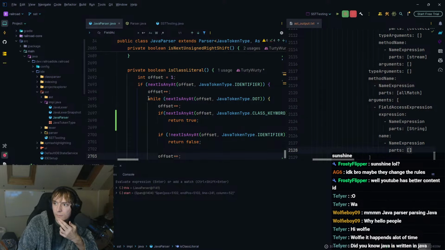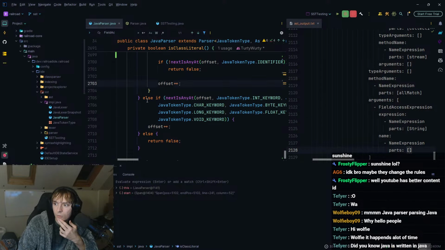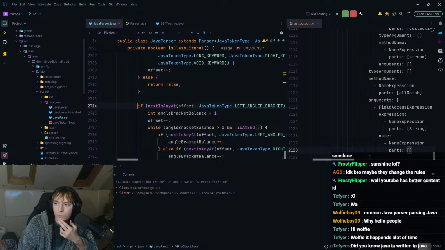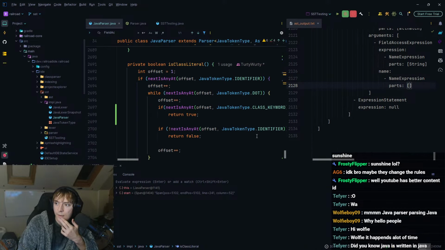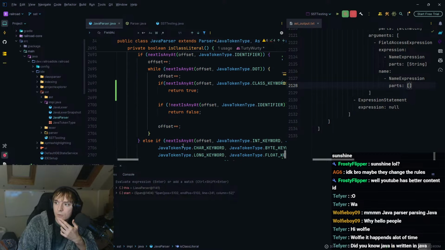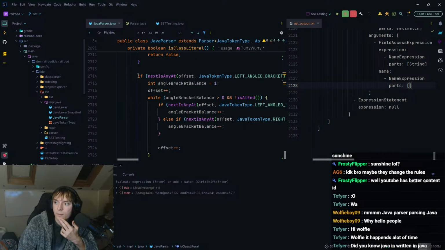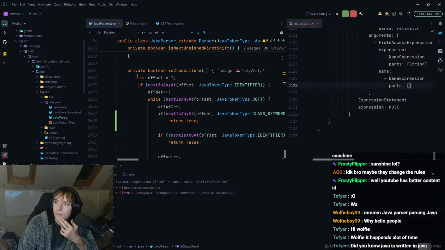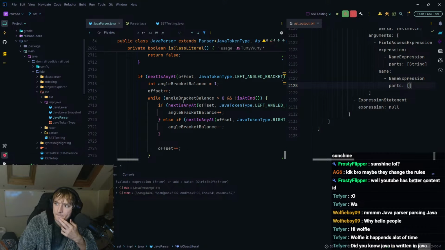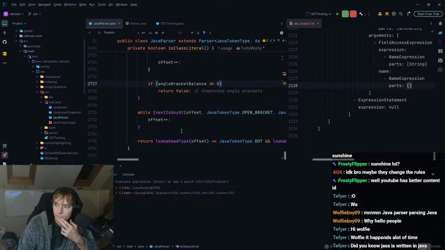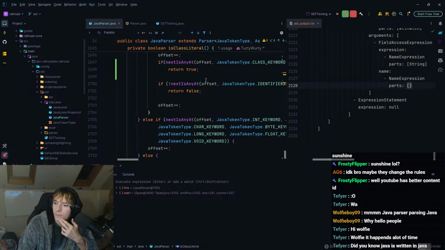And then if it doesn't match a dot, then we look for left angle brackets. And if we don't match an identifier straight away, then we need to look and see if it's like an int, a char, a byte, etc. Yeah, I think that's correct.